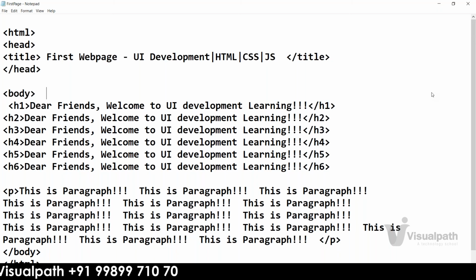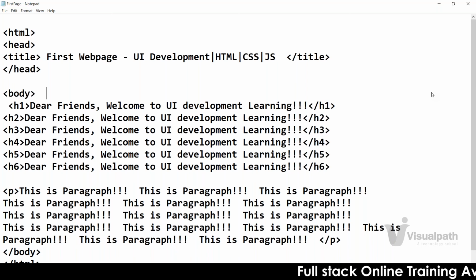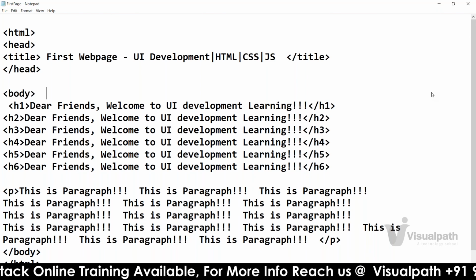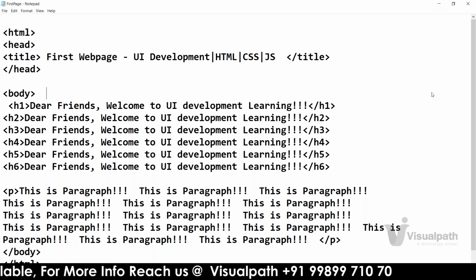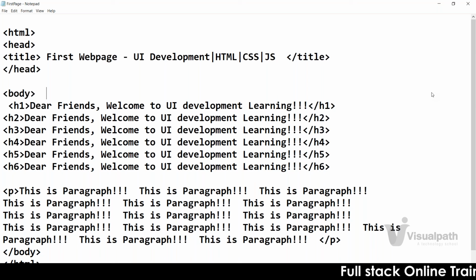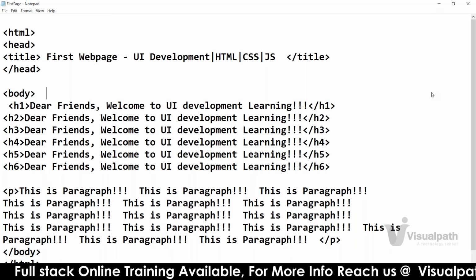What was the difference between the older version and the new version, HTML5? No, that we don't find. For that also .html, for this also .html. The difference here is that in HTML4 certain tags were used, and in HTML5 those tags are continued, and other than that some extra tags are used and a few tags are deprecated. Whatever we are learning at this moment are basic tags. They were available in HTML4 also, and they are available in 5 also. But in upcoming days, we'll be learning a few tags which are not present in HTML4.